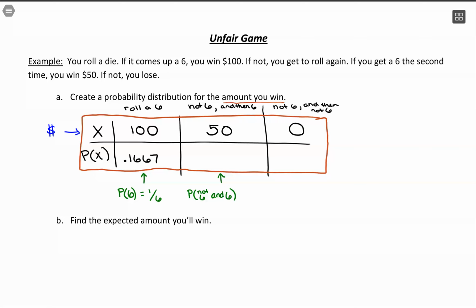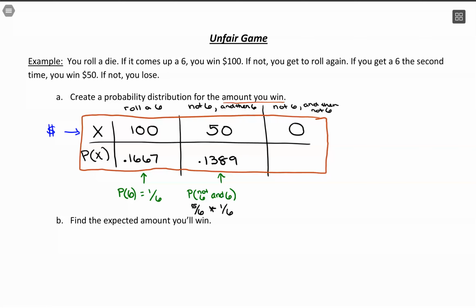Seeing one outcome isn't going to change the probability of a second outcome. So the probability of not rolling a 6 is 5 options out of 6, and then multiply by the probability of rolling a 6, a 1 out of 6 chance. That multiplication will be our probability,